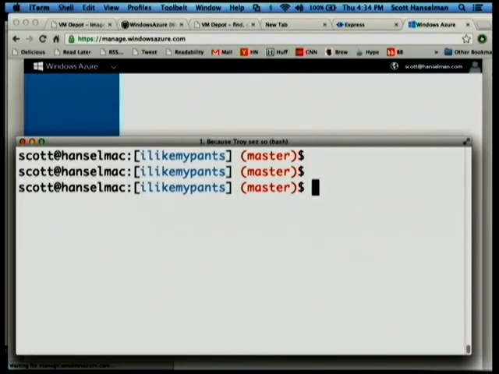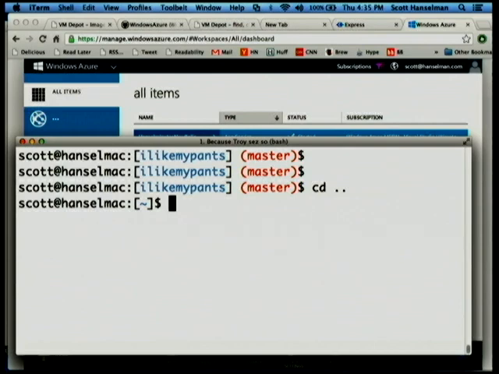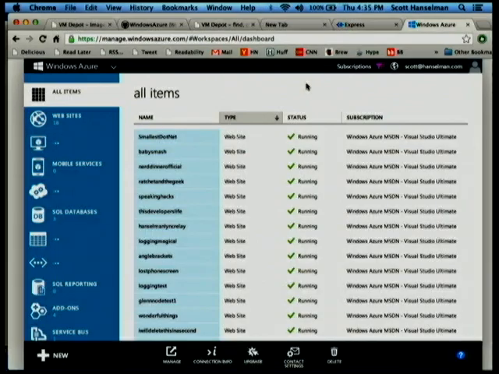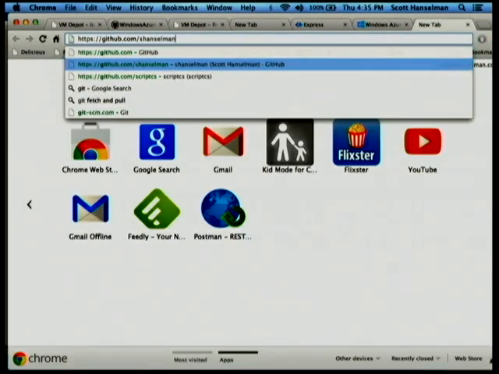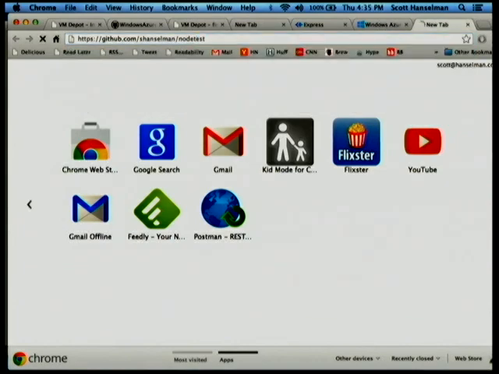Cool. And then another thing I could do potentially. So I've got logging, I've got scale, I've got a lot of flexibility. I've got streaming. I could go and say, let's see, make dir Fred. I've got an app up on GitHub, Hanselman node test.